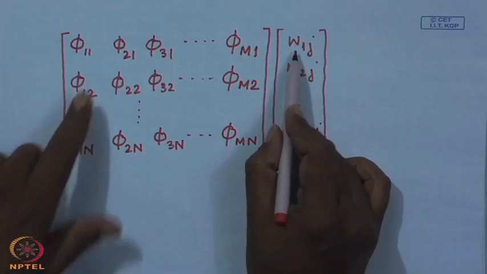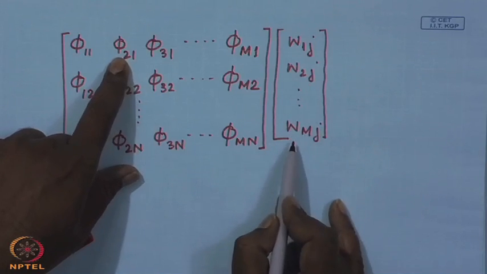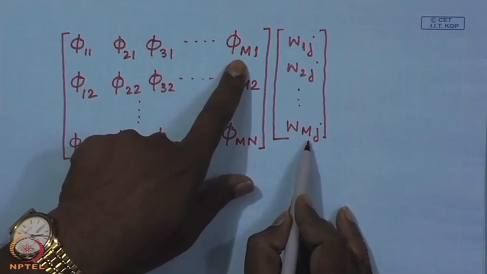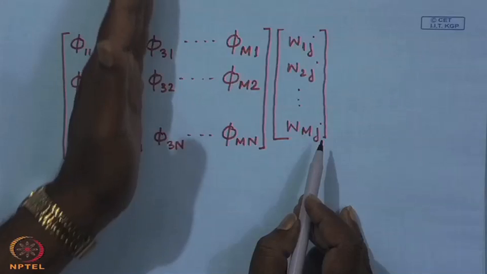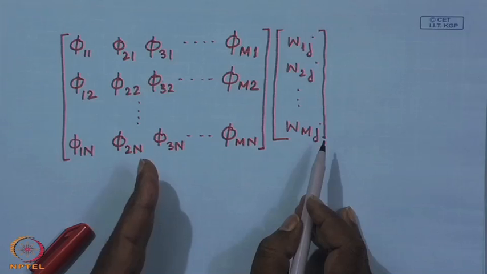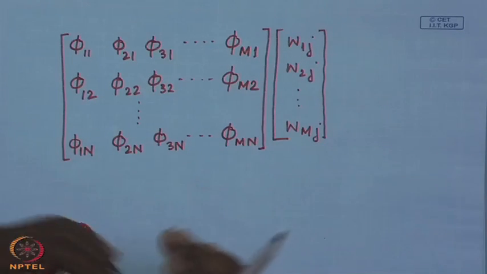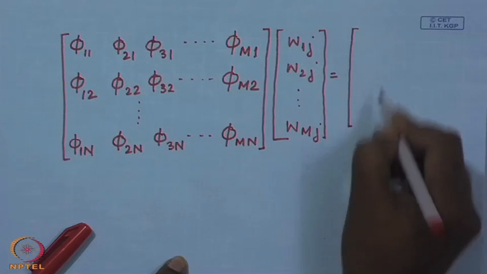So, you find that what it computes is W 1 j times phi 1 1 plus W 2 j times phi 2 1, continue like this, W m j times phi m 1. That is, for the first input vector x 1, whatever is the output of the individual hidden layer nodes, this equation simply makes a linear combination of the outputs of the hidden layer nodes for the input feature vector x 1. Okay. So, this has to be equal to, again I put the output in the form of a vector